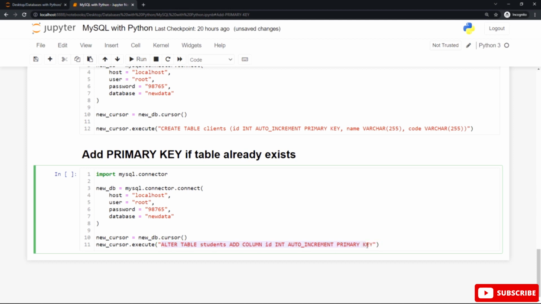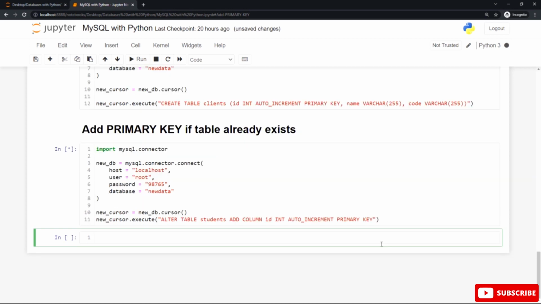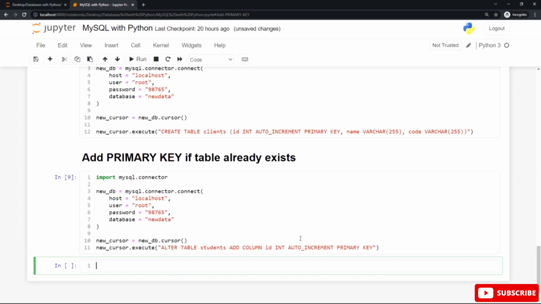All that inside the round braces of the execute built-in method. The variable refers to this cursor built-in method, followed by the dot notation, followed by the calling of the execute built-in method to execute this statement to add the unique number or the primary key. Hit shift enter or shift return to add this primary key. Okay, no errors at all for this example here. So the table called students now has a primary key by using this statement.